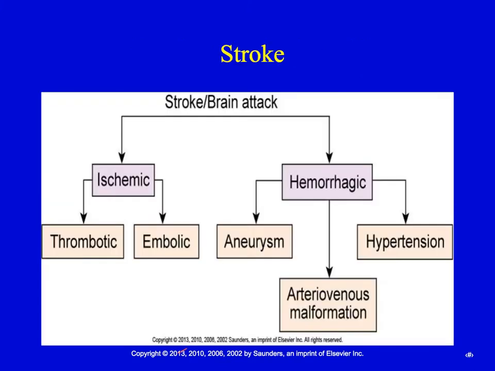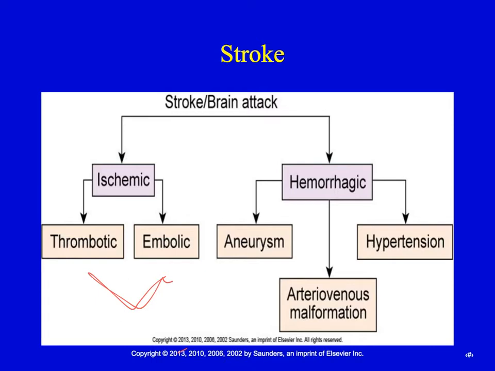So it's just a slide to help you identify the causes of an ischemic and a hemorrhagic stroke. Ischemic is a thrombus or an embolus, which are essentially clots within a cerebral vascular vessel. And then hemorrhagic is typically due to an aneurysm. And we talked about aneurysms. Remember, aneurysms are when there's a compromise in the lining of the arterial wall,